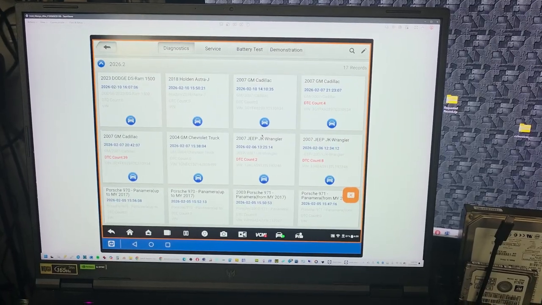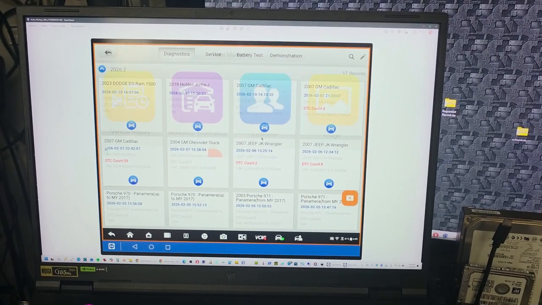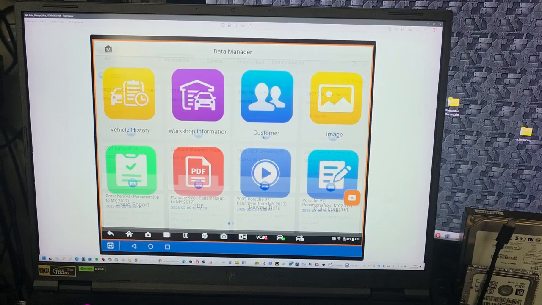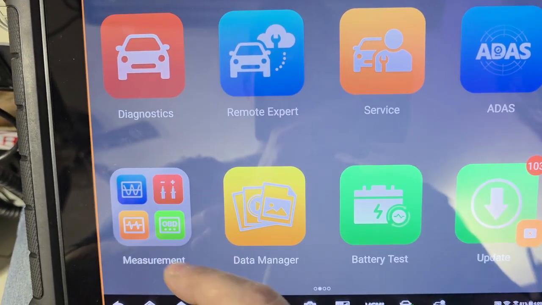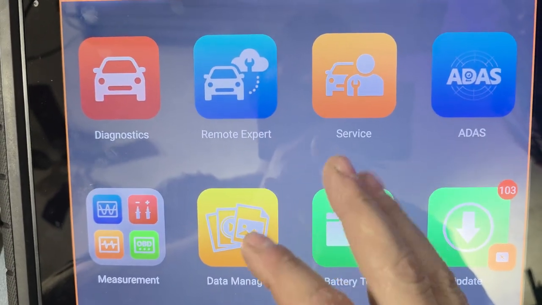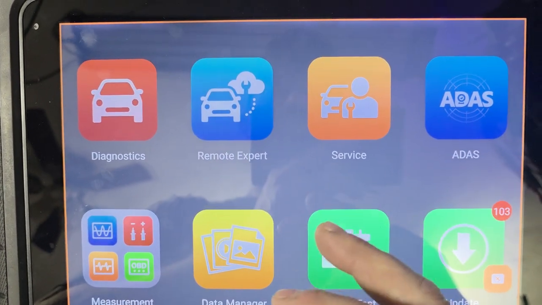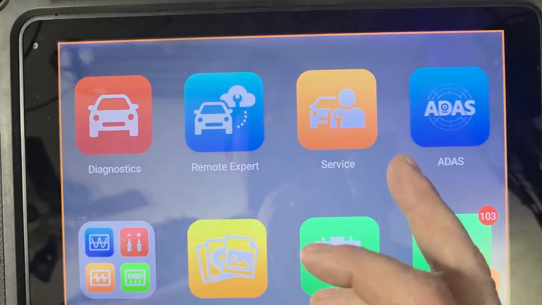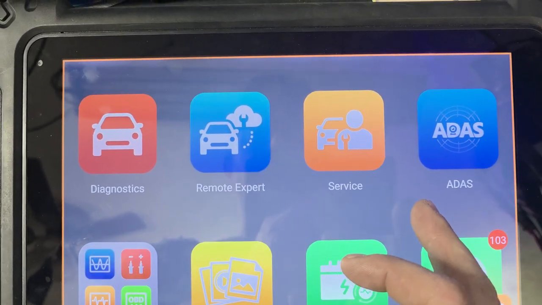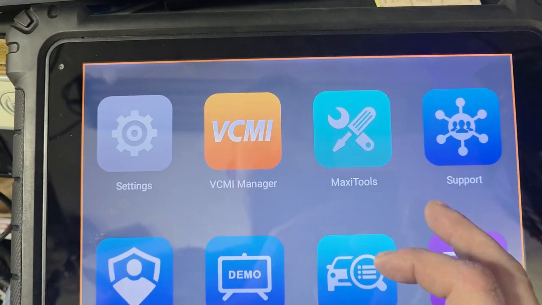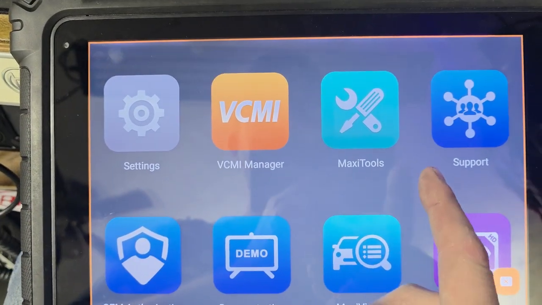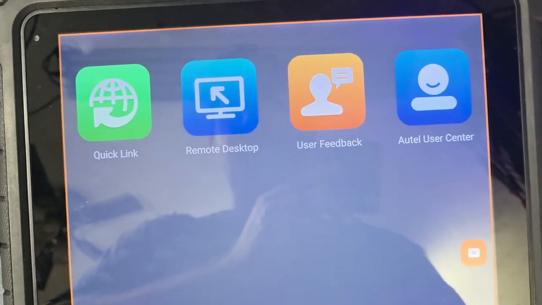Let's go ahead and exit out of here. So another thing I could do is, we can do all the measurements, hook up the oscilloscopes, and I can show you where on the vehicle, maybe show you schematics, things like that you may need. Another part of this, you've got the OEM authorization stuff, but also,